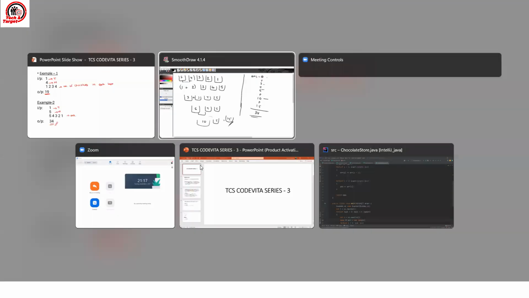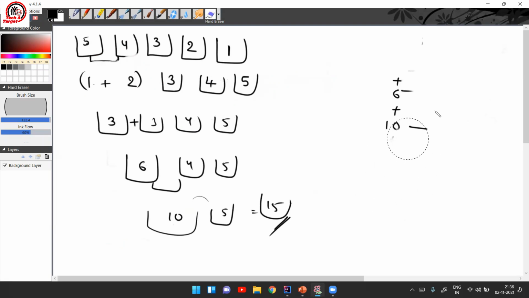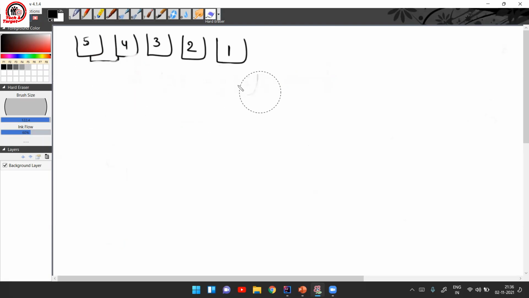Now this is how you will understand it, but how do we do the same thing in code? Now we will discuss how we are going to solve this using code, right? Before seeing the actual code, I will tell you how to approach this problem. First, after sorting, you will get 1 2 3 4 5. Now this is your array.